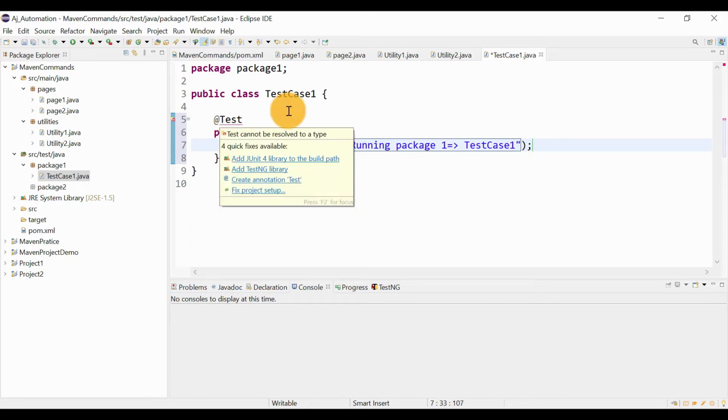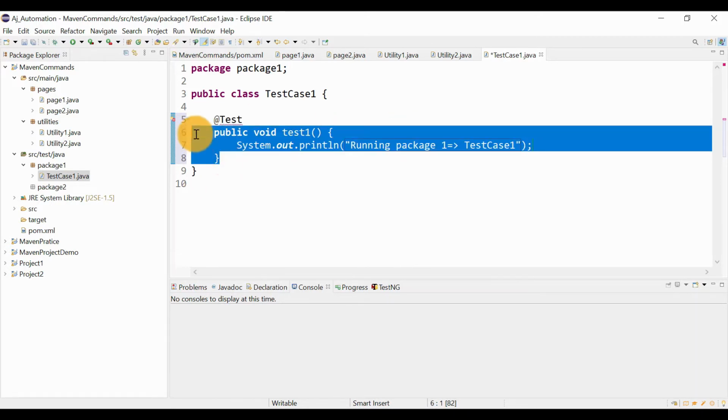This we need to import from TestNG, later we can do that. I will simply copy this.